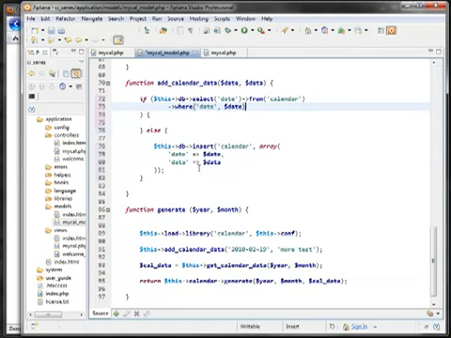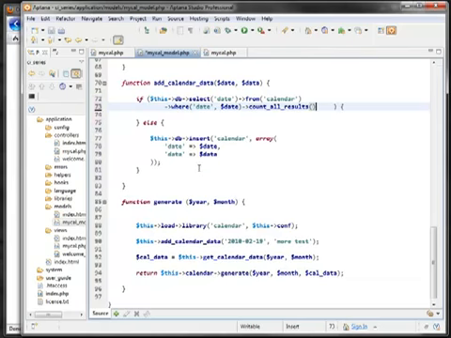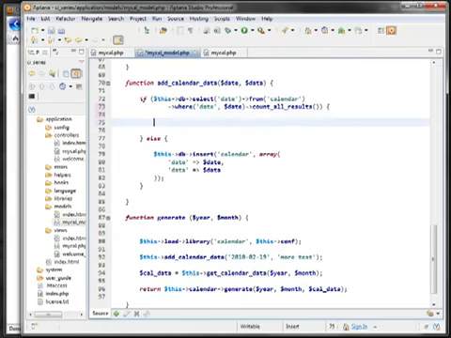That's the query, but for the condition, we need to check the number of results. So there's a method called count all results. So this will return true if this date exists, and if it is true, now we're supposed to do an